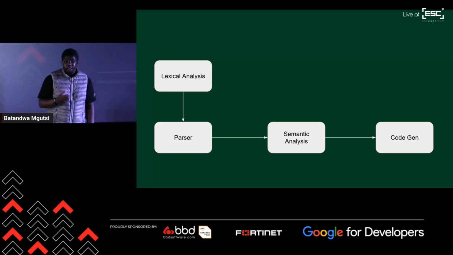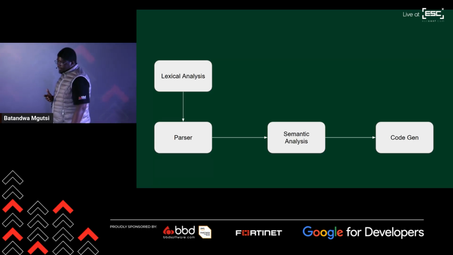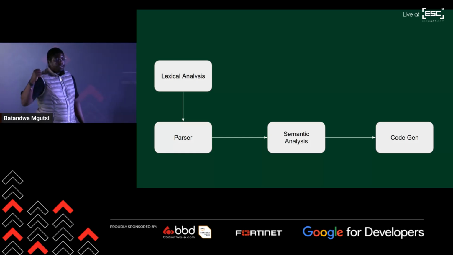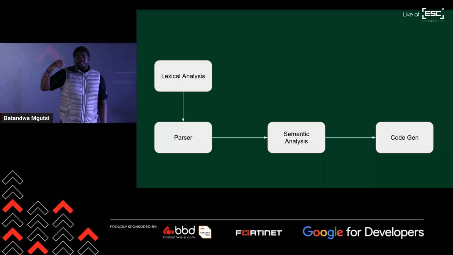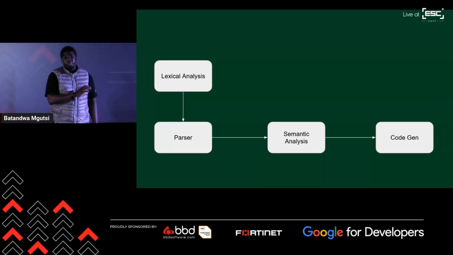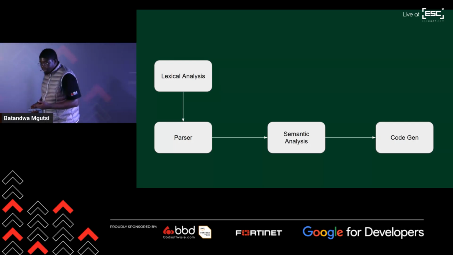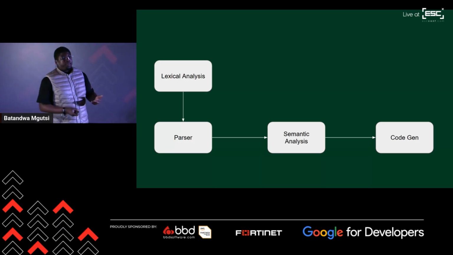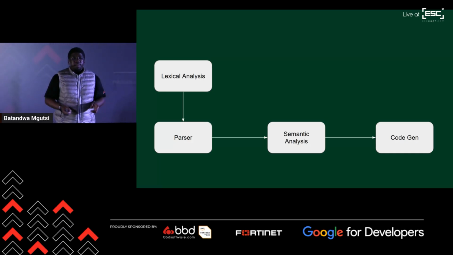So that's the parser. And now we're going to have semantics analysis, which is going to take the AST from the parser and produce what we call an annotated AST. We say it's annotated because we have added details to this AST that the parser could not pick up from the original source code. The semantics analysis phase will also do something really cool. It checks if the program makes sense. For example, is your if statement in the right place? Are you assigning a value to a variable that is compatible with the type of that variable? Or are you passing arguments to a function that the function expects? So that's semantics